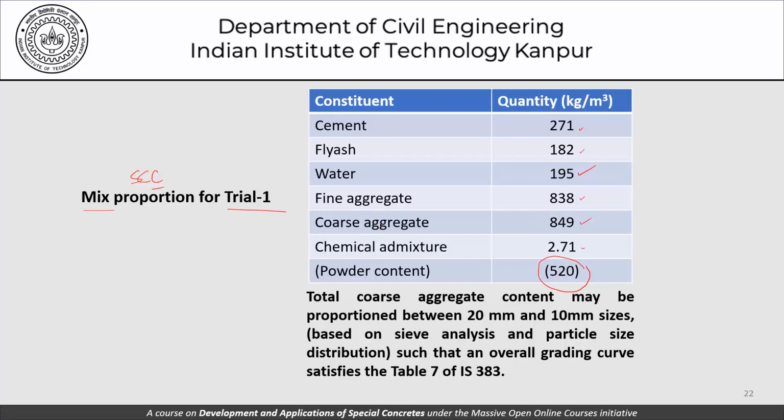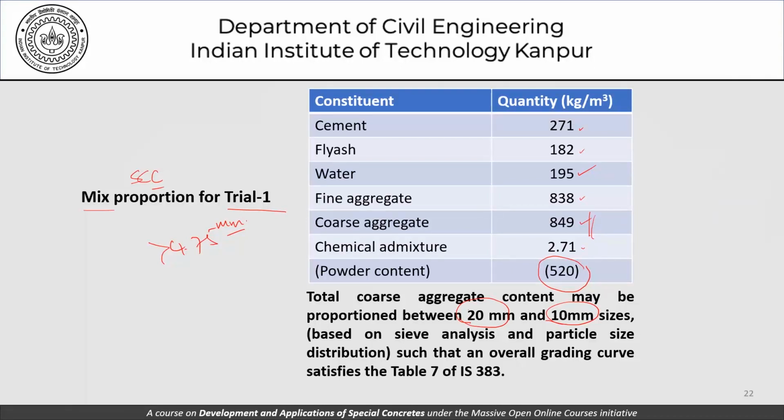So the total aggregate content may be proportioned between 20 and 10 mm aggregates, because when we talk of coarse aggregates, we are talking of material greater than 4.75 mm. And in India, most of the time we get coarse aggregate in two classes. One is the 10 mm class and the other is the 20 mm class. So how much of 10 mm and how much of 20 mm should be used to give me a value of this 849? That has to be determined again based on sieve analysis and particle size distribution